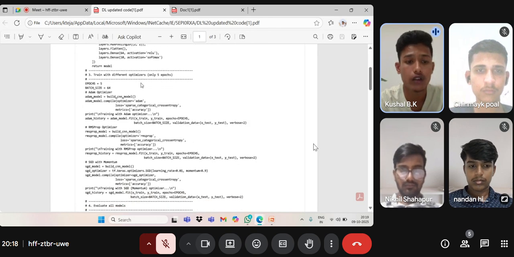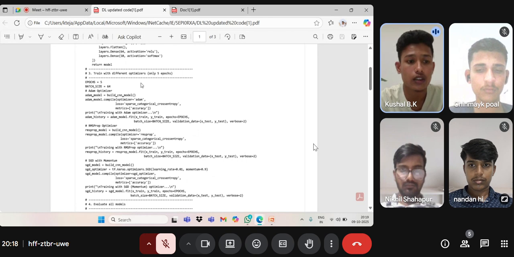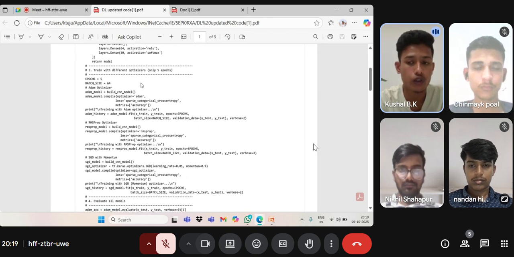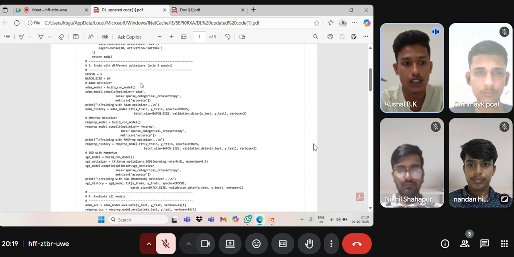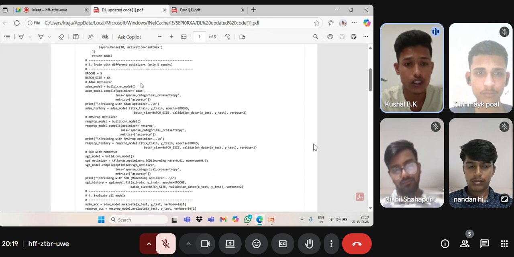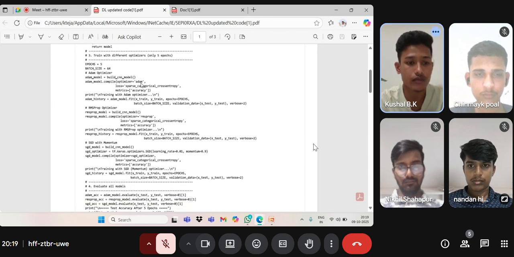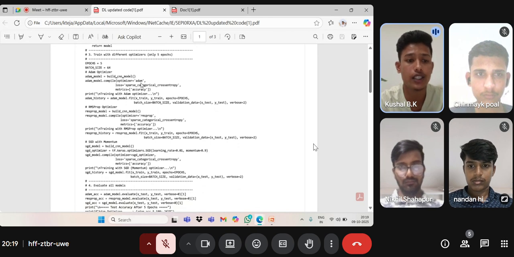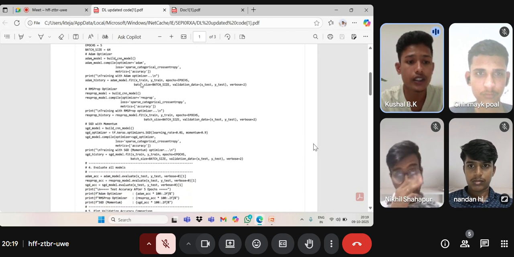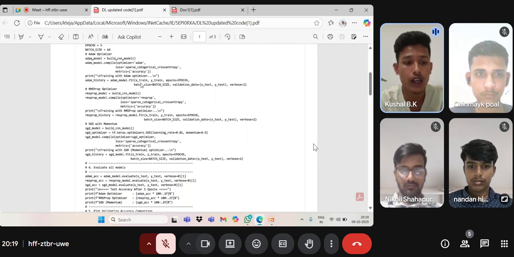We have taken only 5 epochs because more epochs make it a lengthy process. The dataset is 60,000 images; of that, 50,000 are the training set and 10,000 the test set. Here we have taken 5 epochs and the batch size is 64. We build a CNN model and train it with the Adam optimizer and the RMSProp optimizer, and also build a model